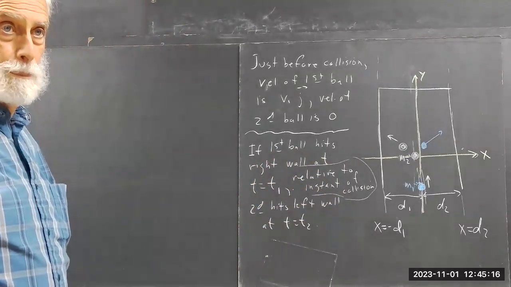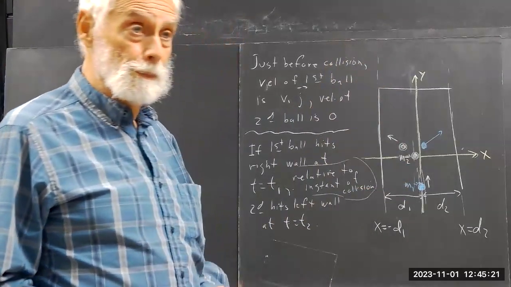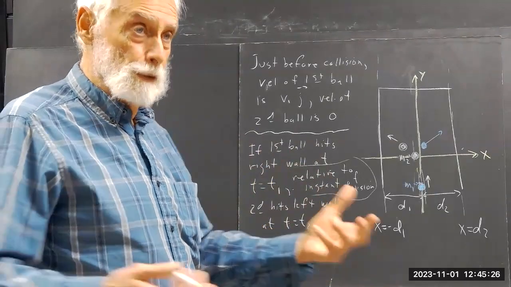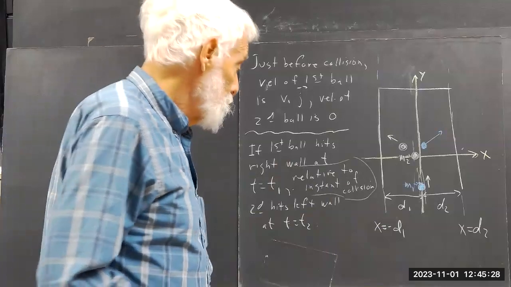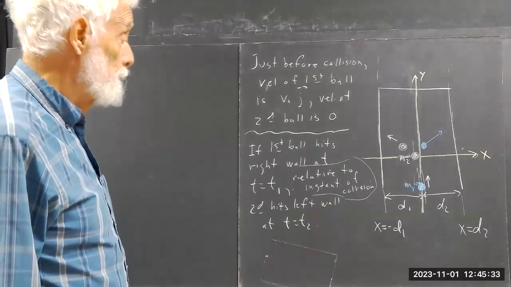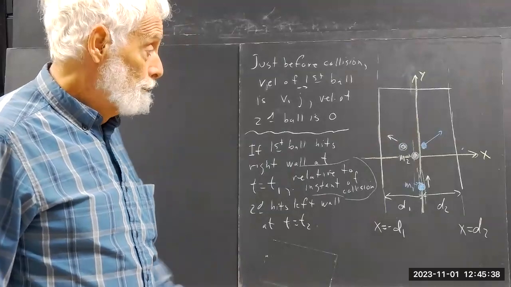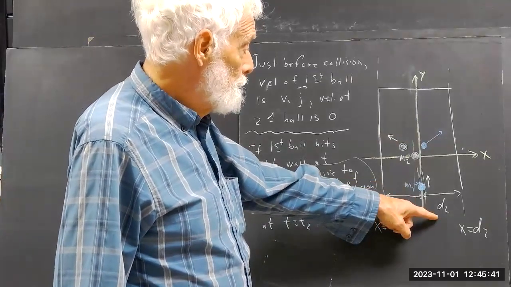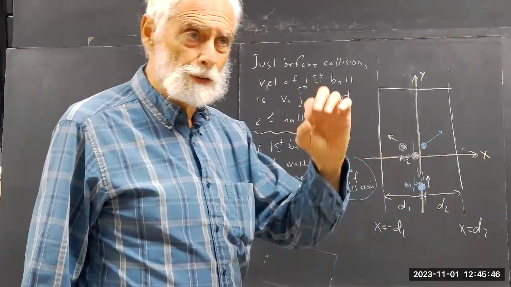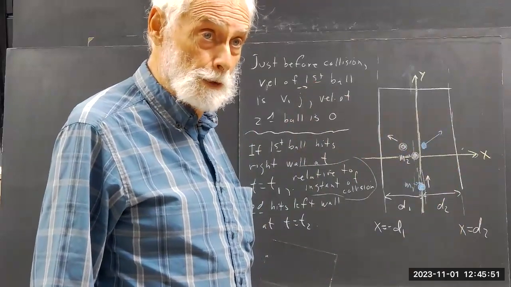What can we determine? I made the claim that we can analyze the entire collision just from this much information, and that's information that you have in your Audacity files. I posed that question and immediately got a good answer. You can figure out the x velocity of the two balls. The x displacement of this one is going to be D2 minus the radius of the ball, but we'll pretend the balls are small enough that that doesn't matter. If we want to compensate for that later, we can.